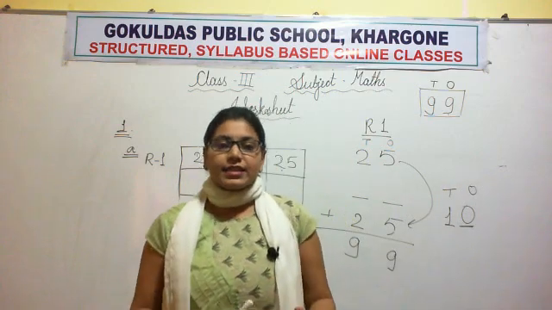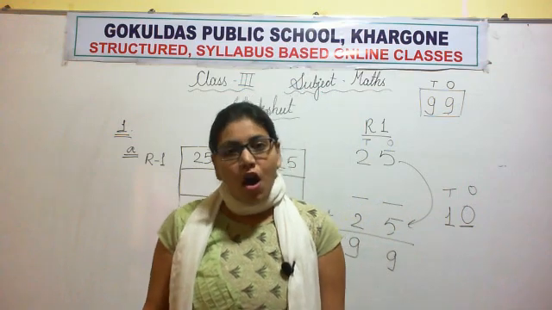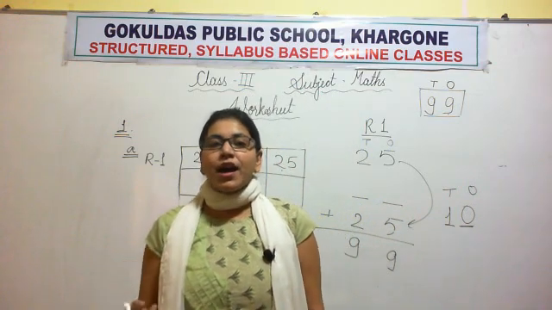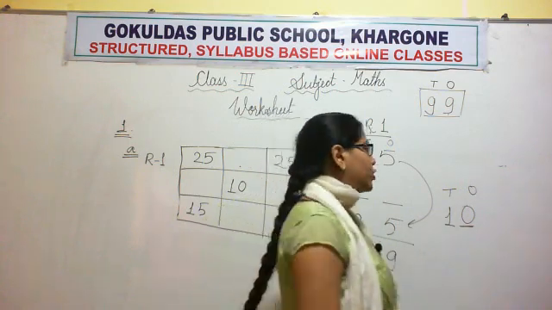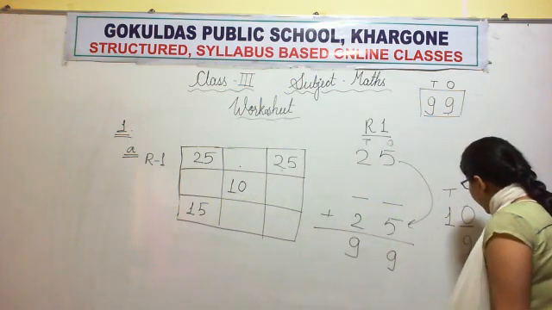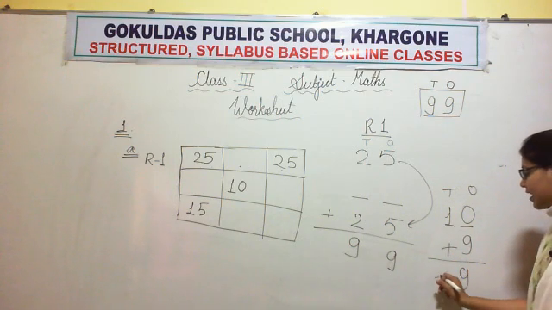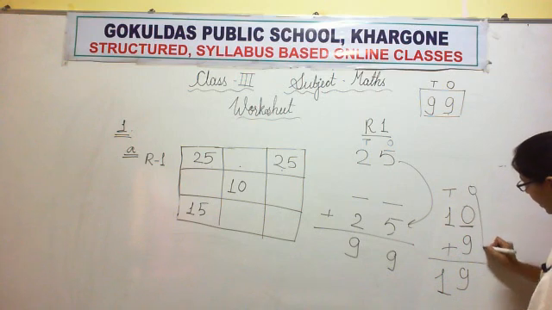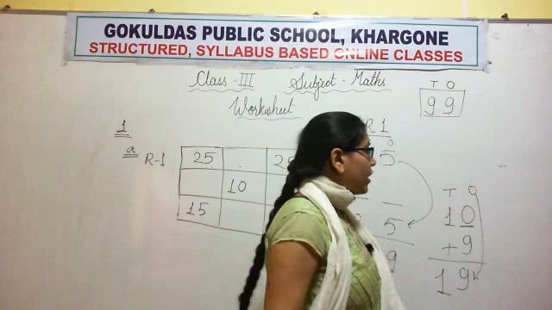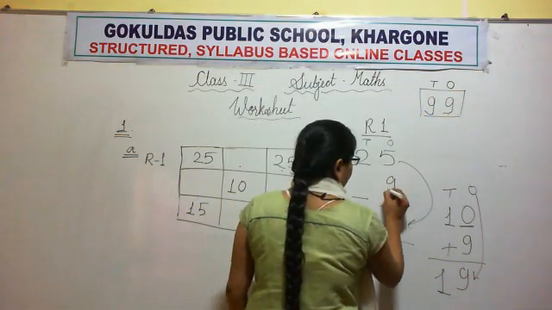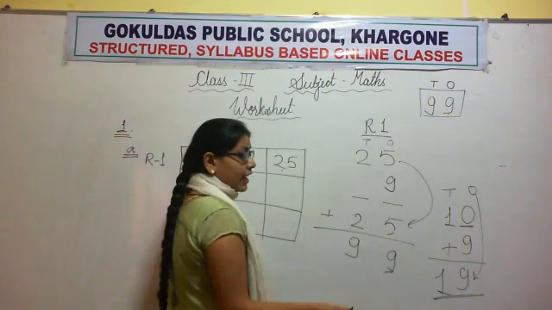The 0 property states that whenever any number is added to 0, or 0 is added to any number, it gives the number itself as the result. So if I add 9 to this 10, I will get 19 as the answer and will get 9 at the 1's place. This is what we want, 9 at the 1's place, so we will write 9 here. Okay, so our answer was 19, not 9.